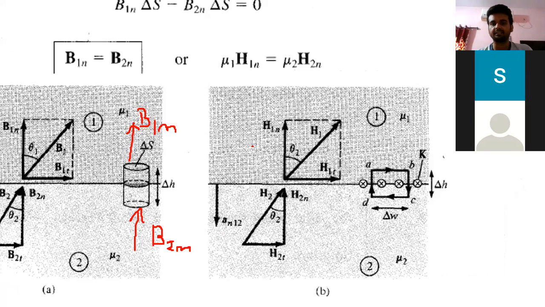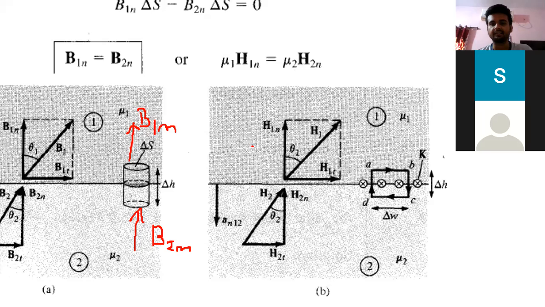See, if you carefully notice here, the cross signs are given here. That means current is entering the screen. So current entering the screen means what? The magnetic field direction will be clockwise. If current is entering, from the right hand thumb rule you can find out the direction of the magnetic field. Thumb you point towards the direction of the current, so this will be the magnetic field direction, clockwise.